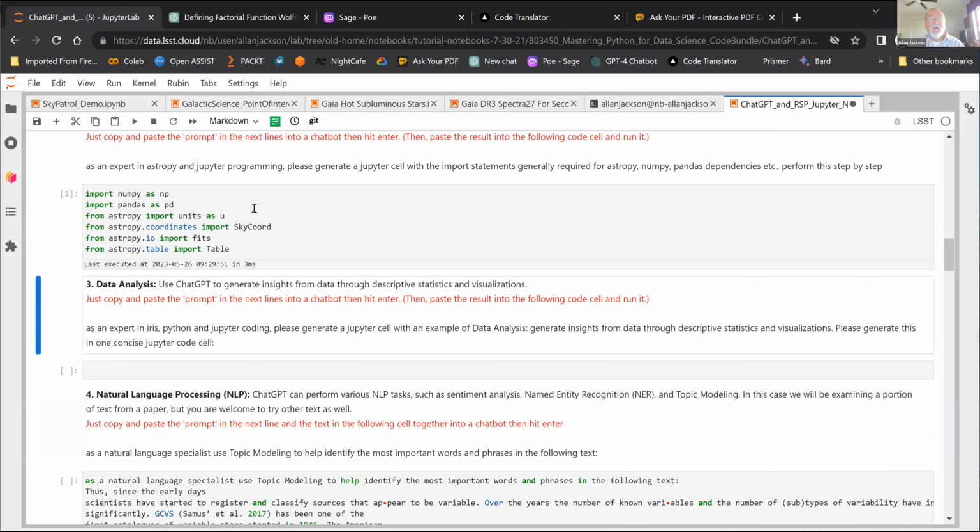But it doesn't have to be just import statements. You can use it in much more elaborate code generation, and of course, I'd encourage you to do that. We'll go on to the third one, data. Are there any questions on the second, on the code generation? Okay, then the third one is a little bit of data analysis, and it's going to do some more code generation for us quickly.